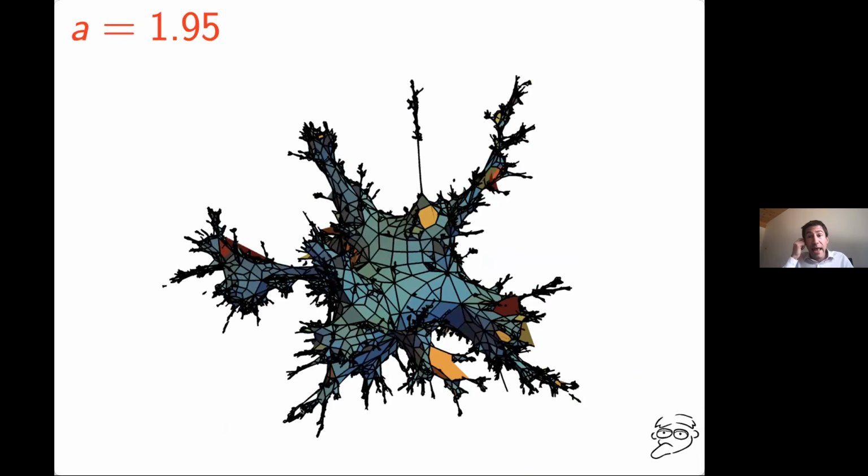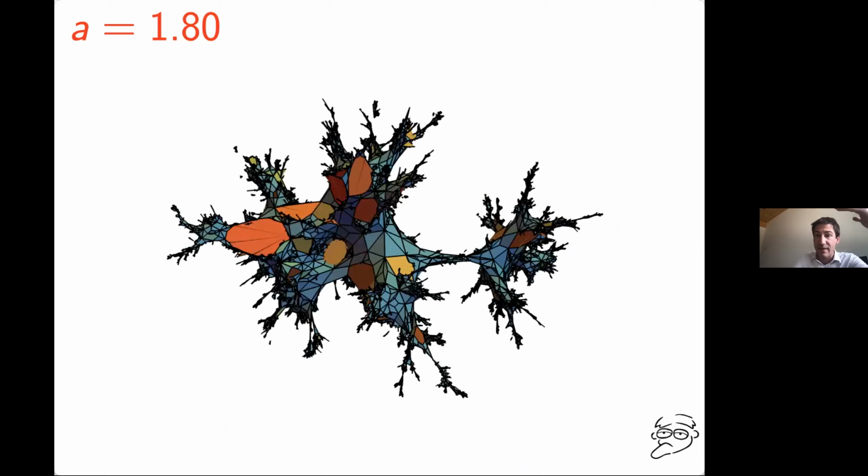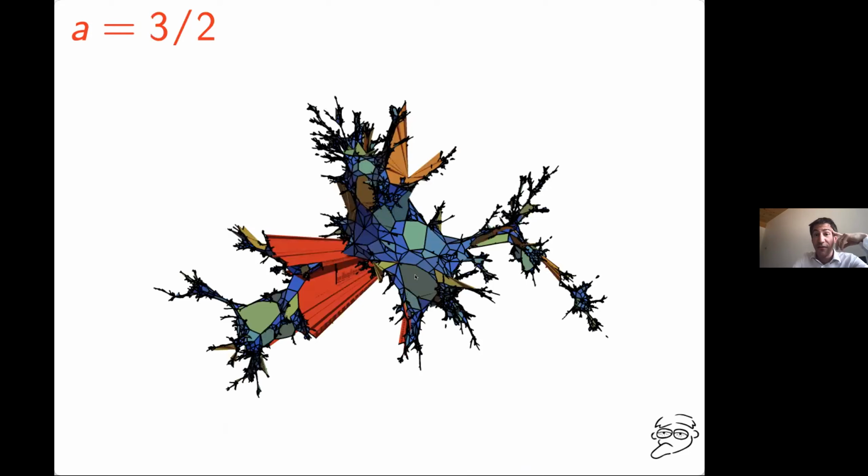Okay? So when a is close to 2, when you do simulations, you see stuff which is very reminiscent of the Brownian sphere. Well, this is looking like the goat with an umbrella, except for a few faces which are very large. When you diminish a, large faces appear, and they tend to be more and more present as a decreases in the scaling limit. And suddenly something will appear around a equal to 3/2. You see that faces are all over the place.